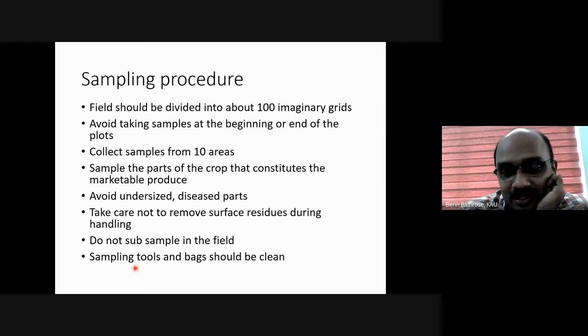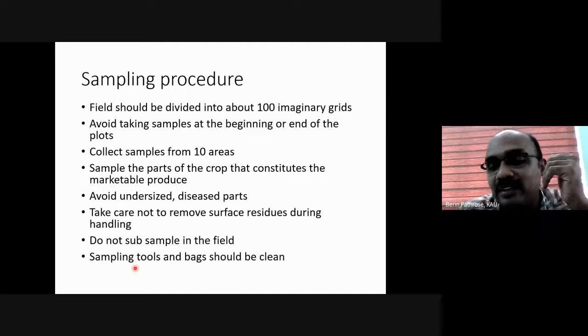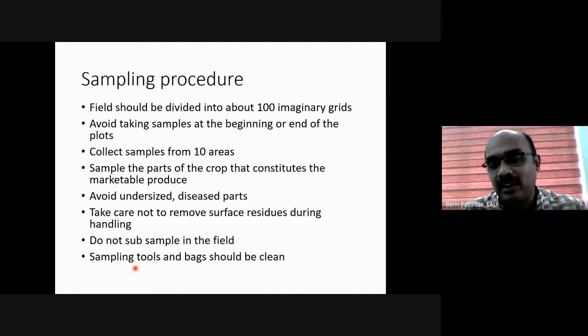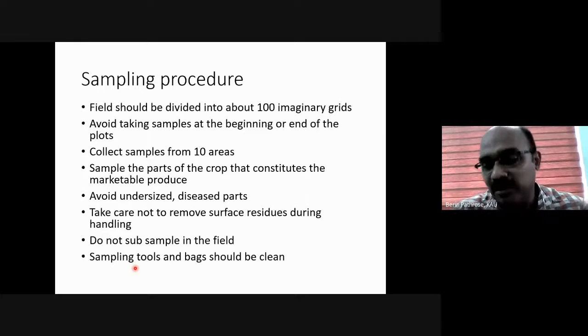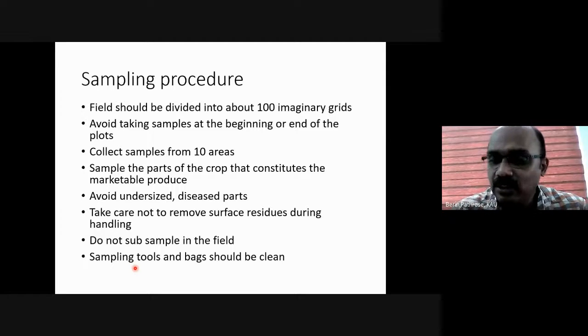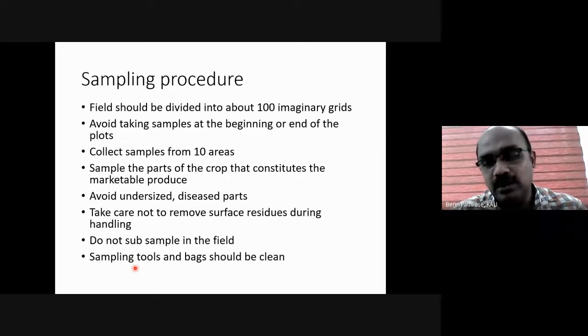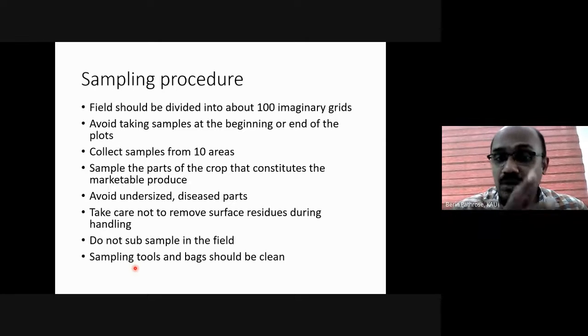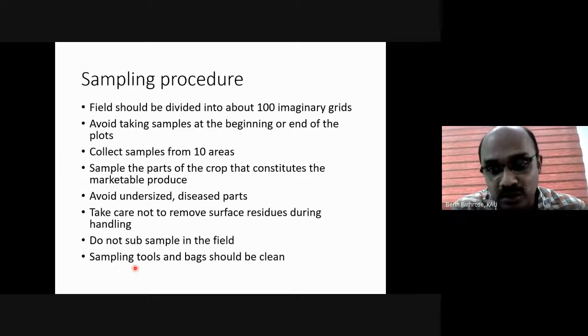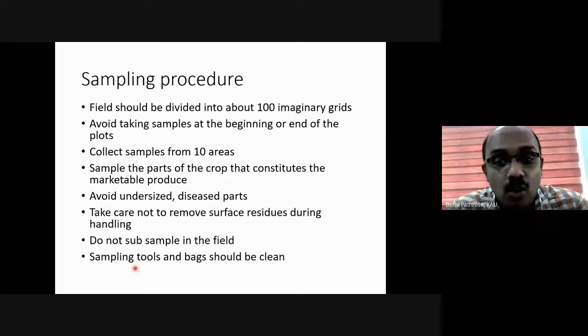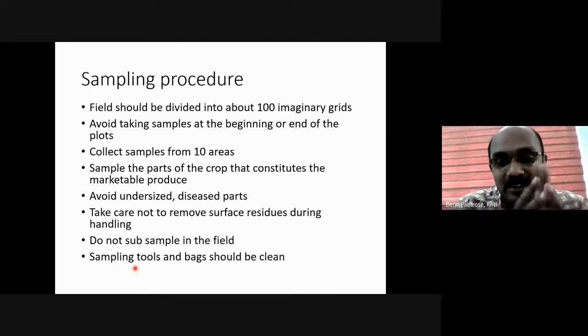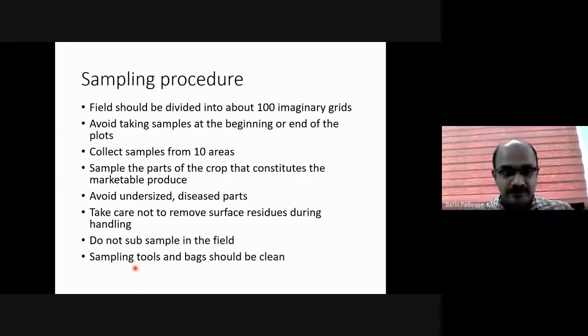Yes, sir. So this is what you should know practically. If a farmer goes on spraying, at the end, some quantity of pesticide will be remaining in the sprayer. So what will he do? He will remain there itself and spray it over there and finish up the spray liquid. So that area will have a higher concentration of pesticide. So try to avoid sampling there, because that doesn't constitute a true representative of that area.